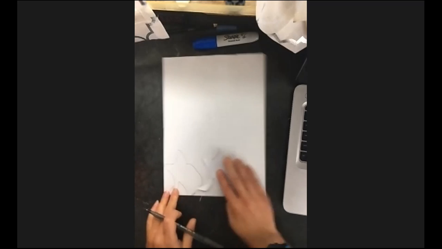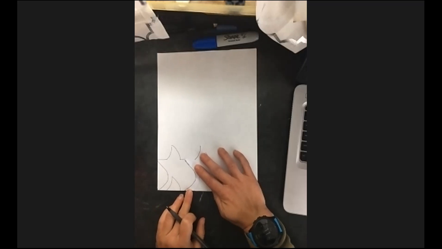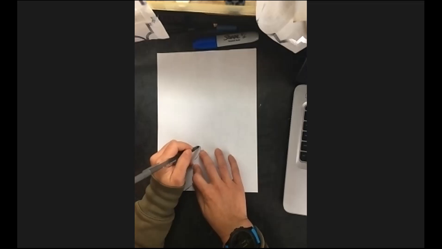So even if there is a tiny mistake, like say right down here, I made one, it's not going to be that big of a deal. So what I'm going to do is I'm just going to move it. I want to make sure that my tessellation, my stencil fits together